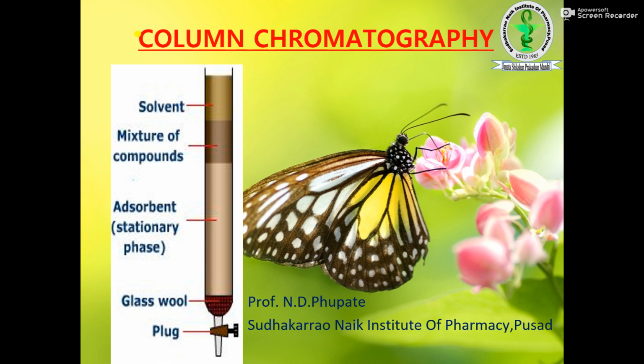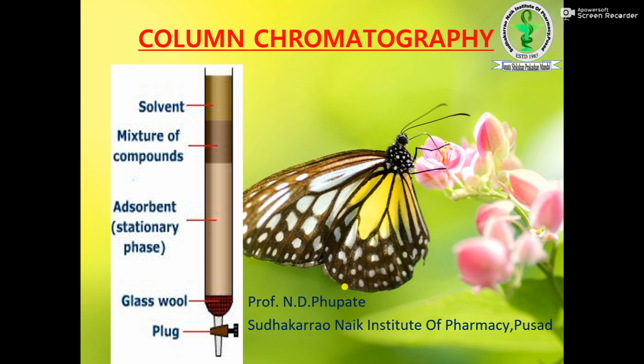Then we apply the solvent. Hexane is the example of the solvent that we have added. Then the solvent is passed, and the mixture initially goes to the adsorbent. Some show more affinity, some show less affinity, and on the basis of that the separation takes place. The separation of the bands is called chromatography, and the study of such bands is called chromatography. Chroma means color and graphy means writing. So we know the concept that we have discussed.